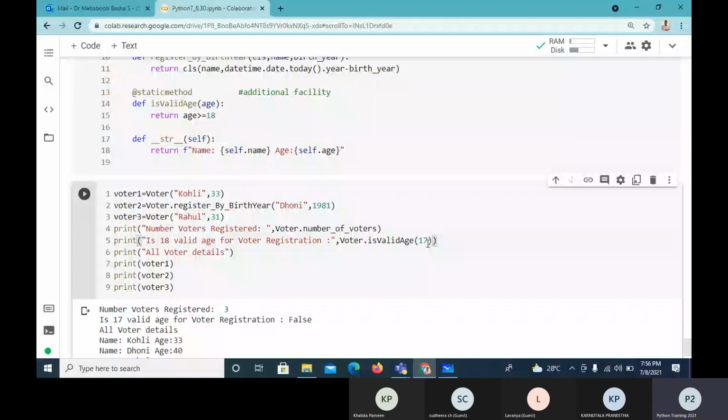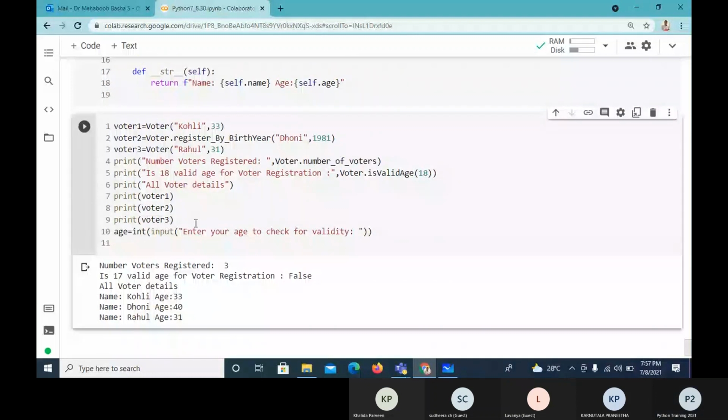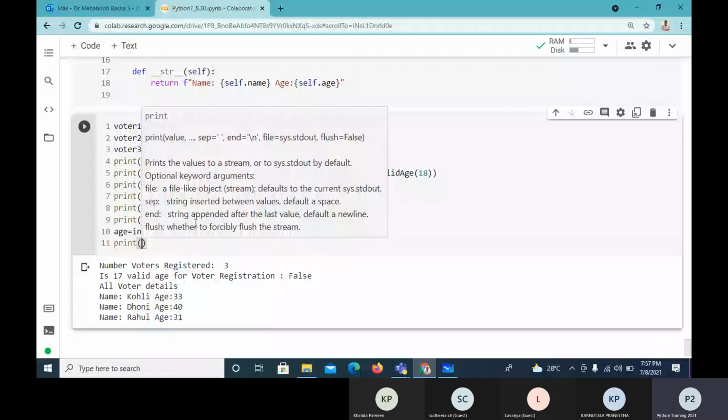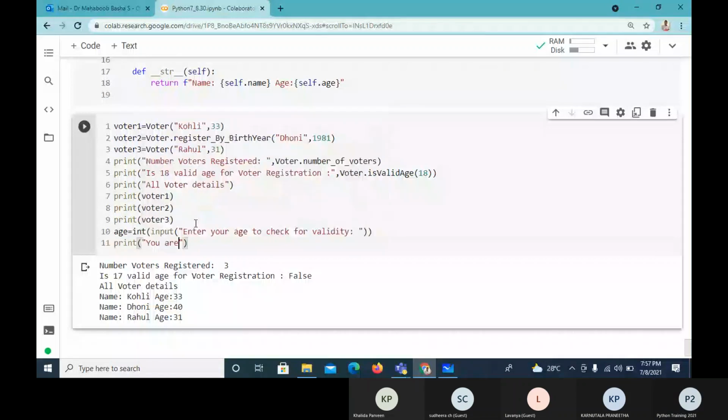So I'm reading the age. Then I'll say print, you are eligible to get registered as a voter.